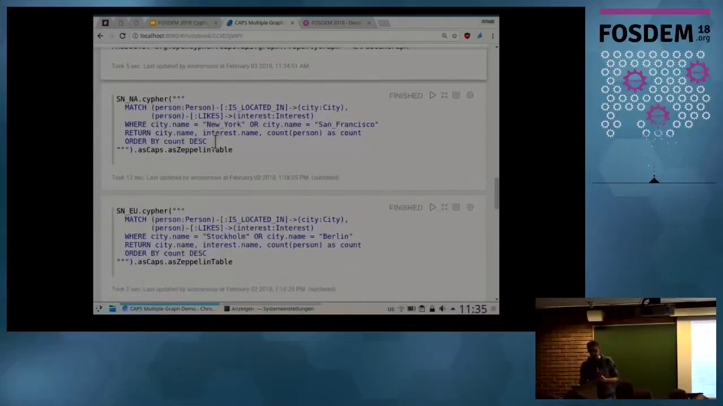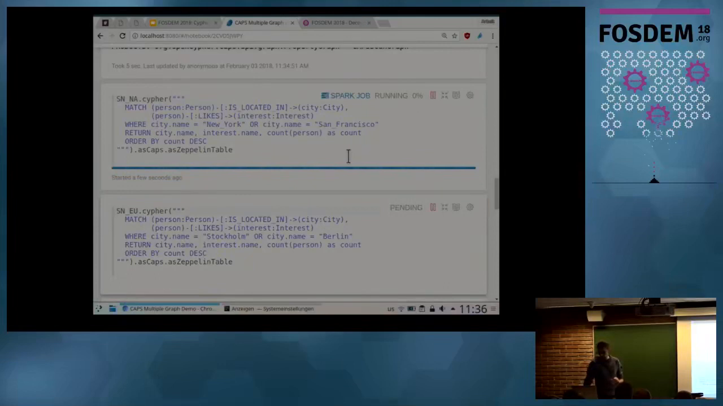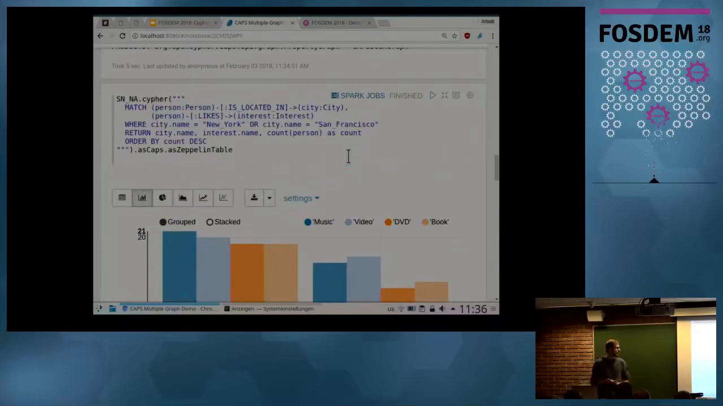And now let's start with some simple queries to show you the Cypher 9 capabilities that we already support. So let's take our social networks and have a look at the distribution of interest in our cities, both for New York City and San Francisco, as well as Stockholm and Berlin. What we do here is we select all people and their interests, and then we group by city name and interest. Let's have a look